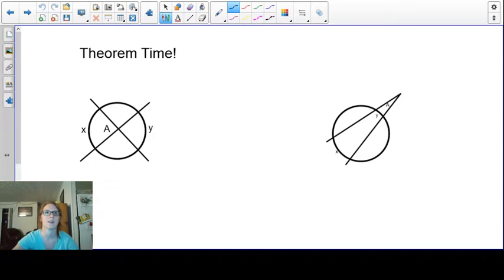So if I have an angle that I'm looking for that's inside my circle created by two chords, that measure of that angle, in this case angle A,